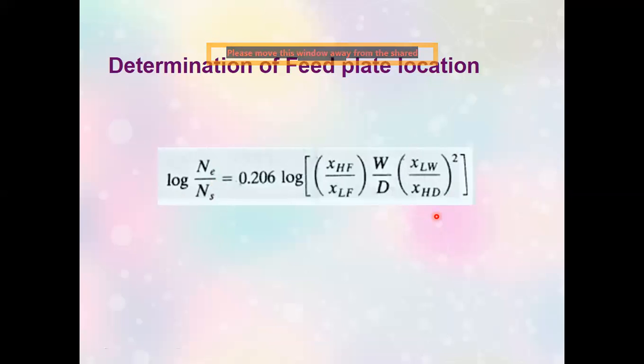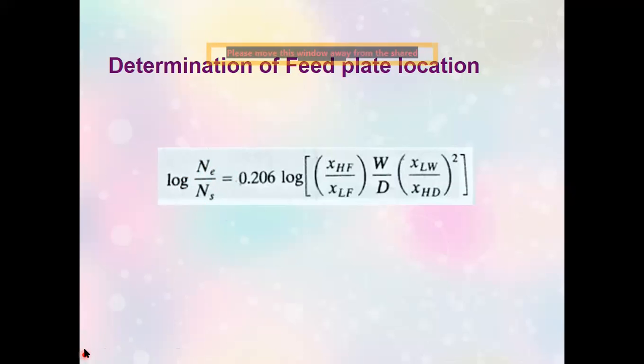Working on that equation and this one would lead you to knowing the number of stages in the enriching section and the number of stages in the stripping section. If you would be asked, and I have already emphasized this last meeting, where is the feed plate located? The feed plate is part of the stripping section. It's not mentioned in Geankoplis, but if you have enough time to read, I think it's in McCabe that you can read that the feed plate is part of the stripping section.